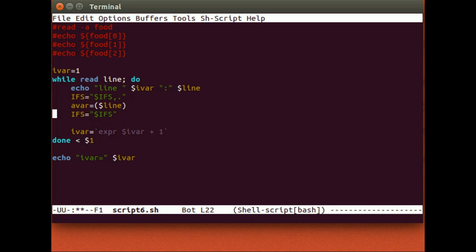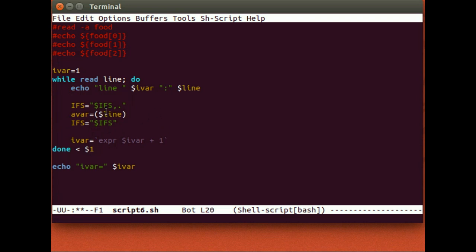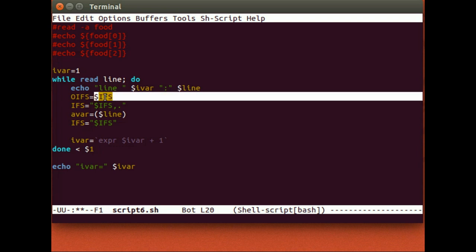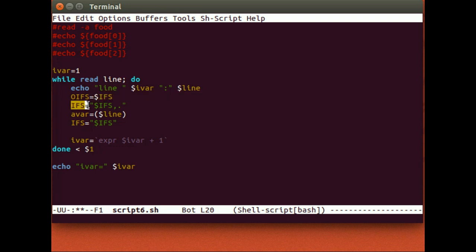So what you have to do is, before you actually change the value of IFS, you have to assign it to a different variable. So OIFS, that's the old IFS. So I'm going to use a different variable, OIFS, to store the default IFS before I change the default IFS to the new value. And then I'm going to split